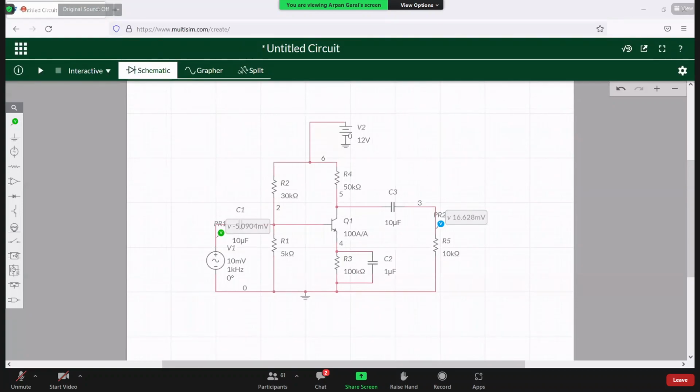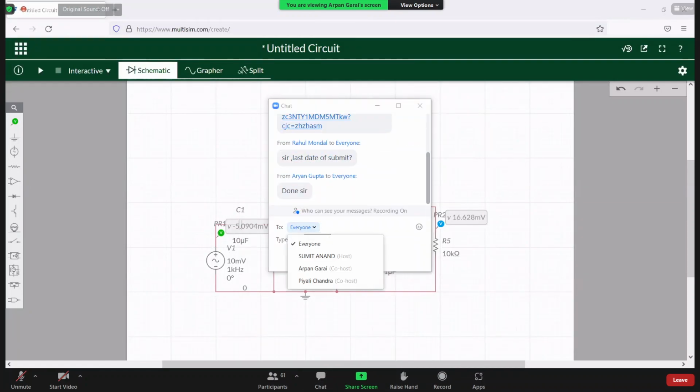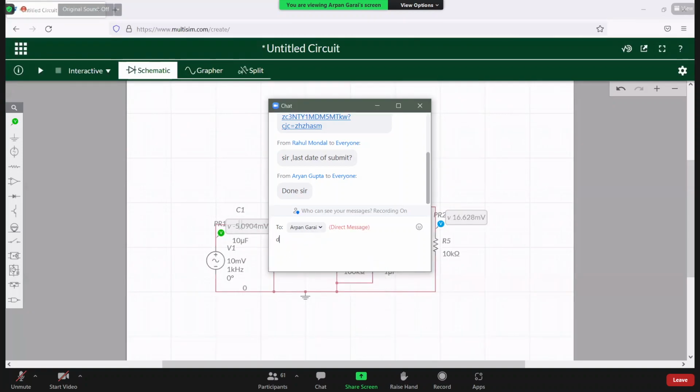And where are the rest? Only 10, 10 and 12. So it is a class of almost nearly 300 students, but only 10. And rest of them are